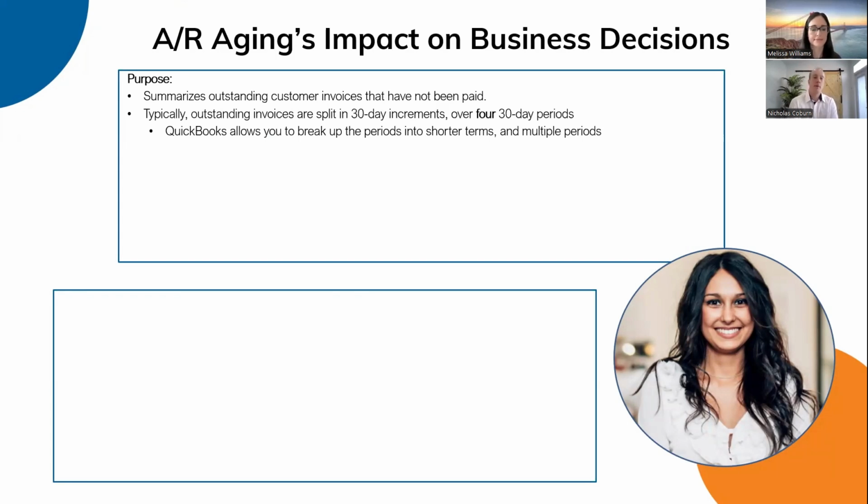Yeah, so accounts receivable, it's a great tool. QuickBooks sets it up so you can see your buckets. Once upon a time, it used to be 30 days, but now, especially in QuickBooks, you can pick, maybe you have a seven-day term, or 15, and then you can do it by period. Things within that first bucket, let's say 30 days, it's common for those invoices to be not yet paid. People are probably using the full period that they're allowed to pay. Things that are now going into 60 days, 90 days, 120 days, you want to make sure that you're assessing those.